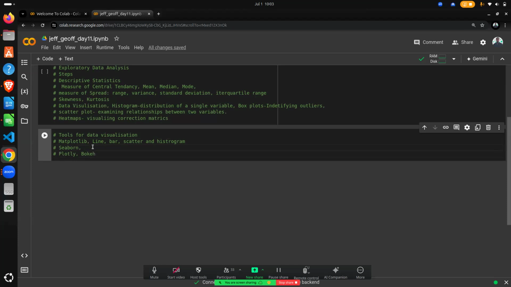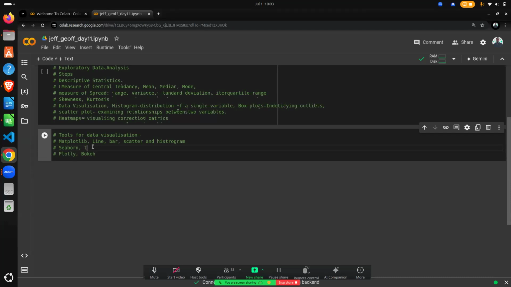But if you want something which is a high-level interface for drawing attractive statistical graphics, then you are going to use what they call Seaborn. So Seaborn is basically used to have what they call,